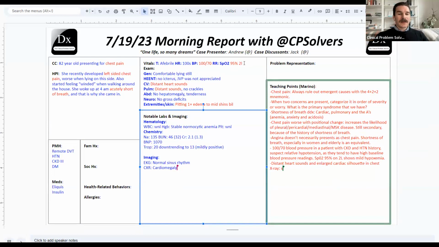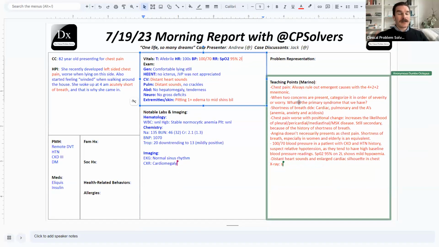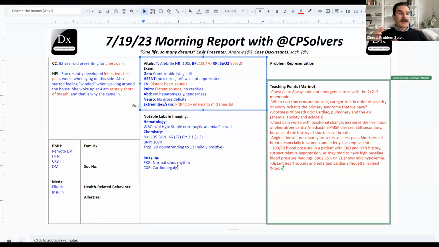But the other possibility, given the distant heart sounds, is that this isn't necessarily a problem with the myocardium, but potentially a problem in the pericardial space. Because if the heart gets enlarged, it can give you an enlarged cardiac silhouette, but if that pericardial space fills up with fluid, that can also give us an enlarged cardiac silhouette on chest x-ray. So this is where I would say POCUS. We know from many of the VMRs with Ravi and team how valuable POCUS can be. I think this is a situation where POCUS becomes especially valuable. One, it can give us another piece of data looking at the IVC to clarify our volume status.